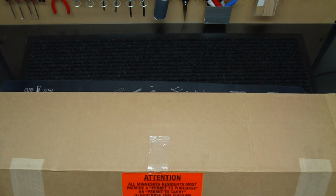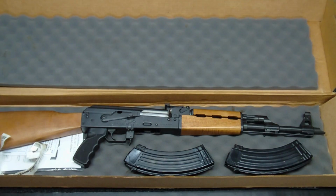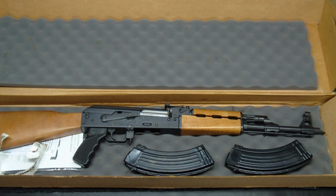I really wanted to get an Arsenal SLR-101S, but unfortunately I waited about a month too long and missed the boat on that one. The supply dried up much quicker than I originally anticipated. So I went to my local gun dealer and was originally looking for just a cheap AK-47 I could add to my collection, maybe a Wasr 10/63 or something similar, with the supply drying up. But to my surprise, they actually had a better option for me, in my opinion,